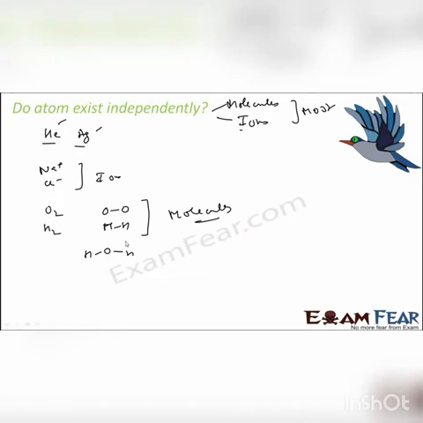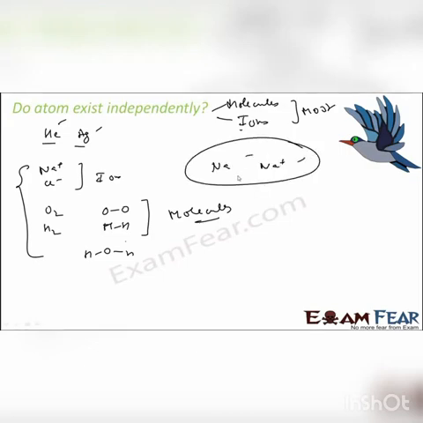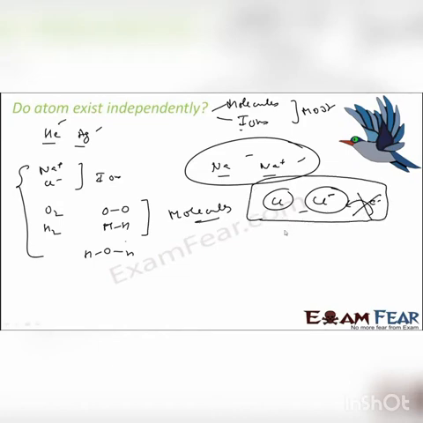And why? We'll study all about these in higher classes when we talk about the stability of ions. Why is a sodium atom not stable but a sodium ion is stable? There are scientific reasons for this. Why is a chlorine atom not stable but a chloride ion is stable, that too with a negative charge? Negative charge means it has taken an electron. For now, leave it. Maybe in the next chapter we'll touch upon these a little bit. But in the higher classes, you will study about these things.